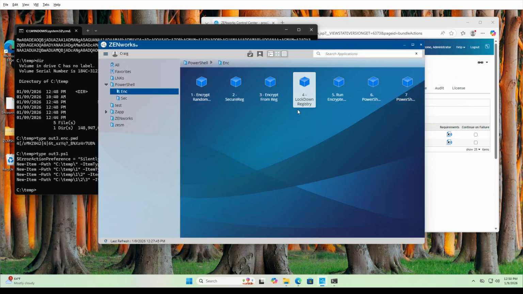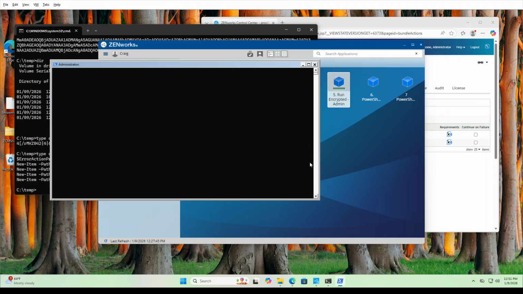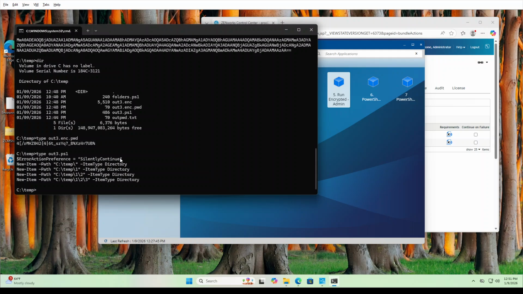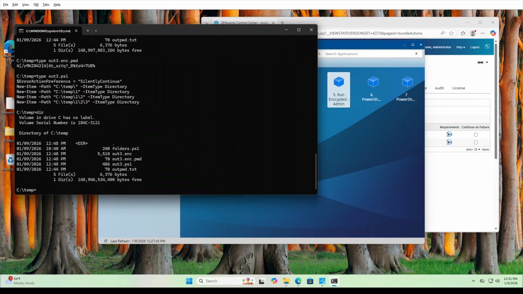So now I'm going to go ahead and run this bundle. And I actually ran it as dynamic administrator. In theory, this bundle will make directories 1, 2, and 3. You'll notice there are no directories 1, 2, or 3 here. The subfolders were not created. That's because the script failed because it's running as a dynamic administrator. Dynamic administrator does not have access